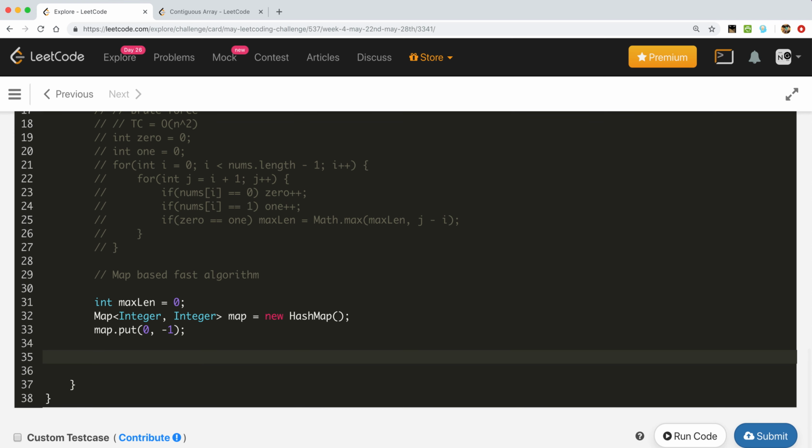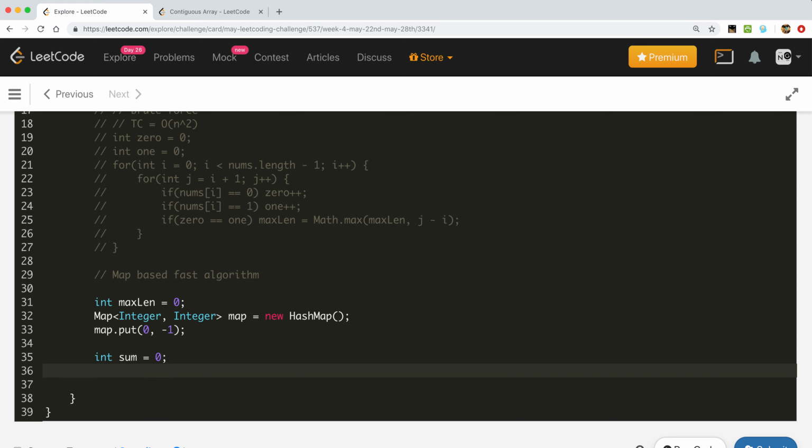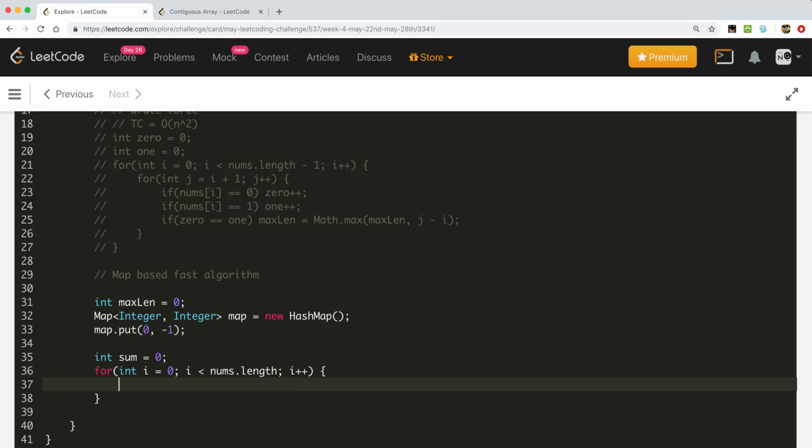Now, as I discussed the algorithm in the OneNote, I can start processing. We use one int variable sum, which will start from 0, and there will be a for loop, int i equal to 0, i less than nums.length, and i plus plus.